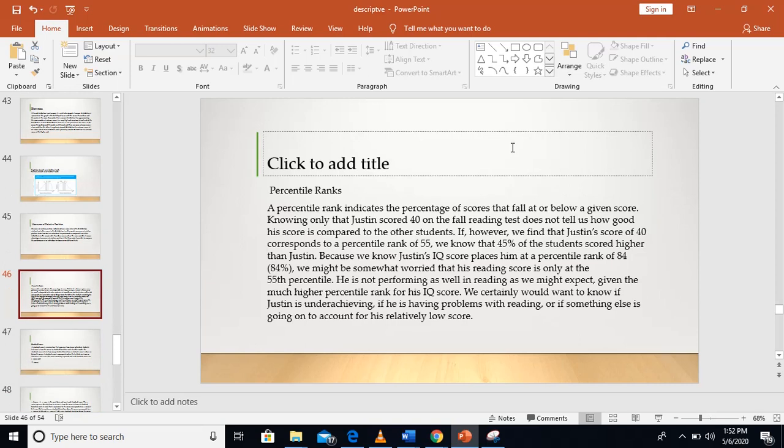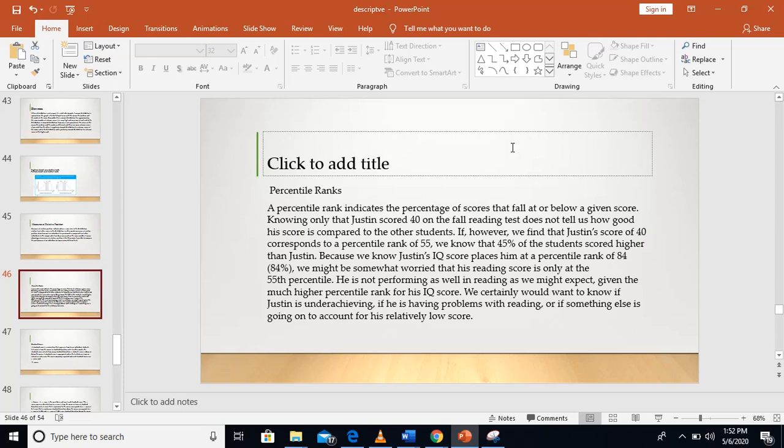The first one is the percentile rank. A percentile rank indicates the percentage of scores that fall at or below a given score. Knowing only that Justin scored 40 on the fall reading test does not tell us how good his score is compared to the other students. If, however, we find that Justin's score of 40 corresponds to a percentile rank of 55, we know that 45%